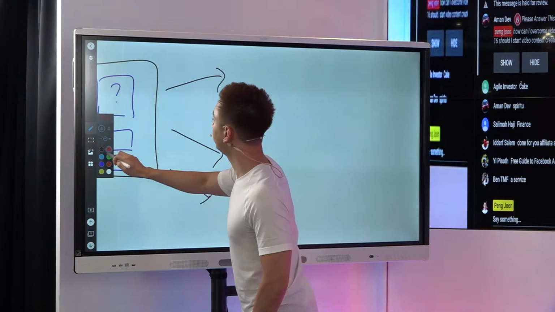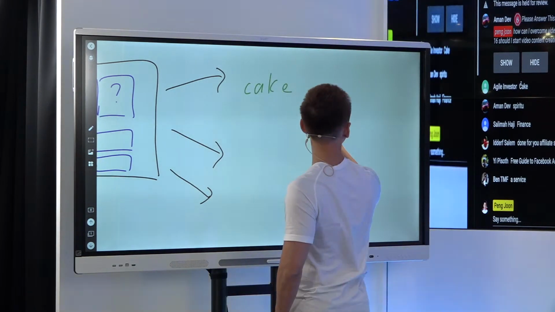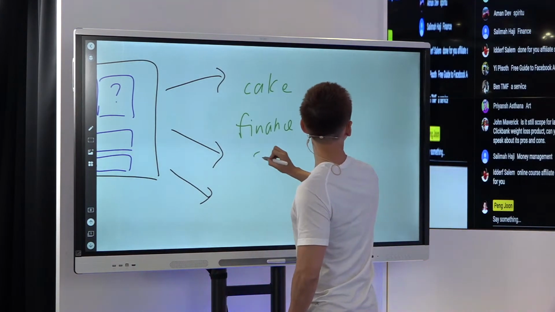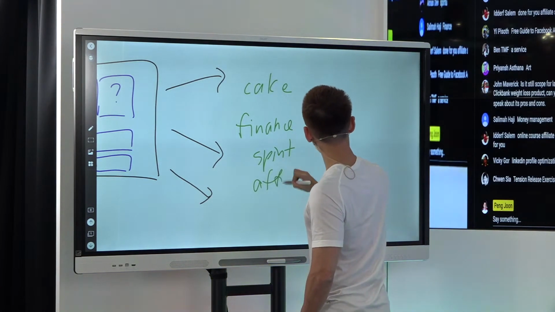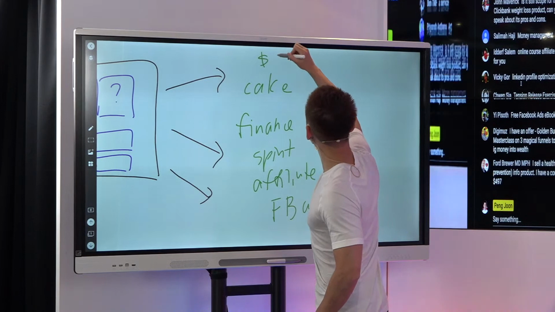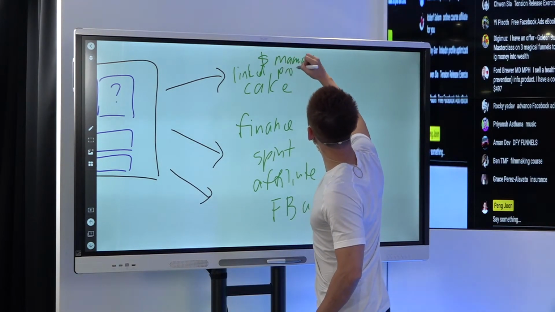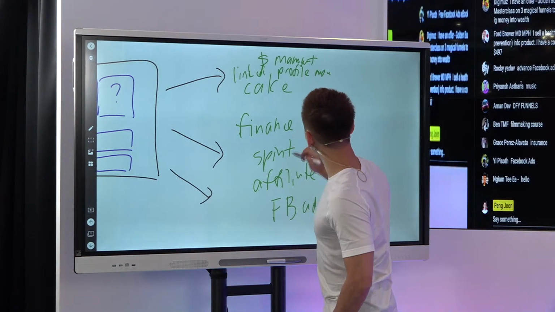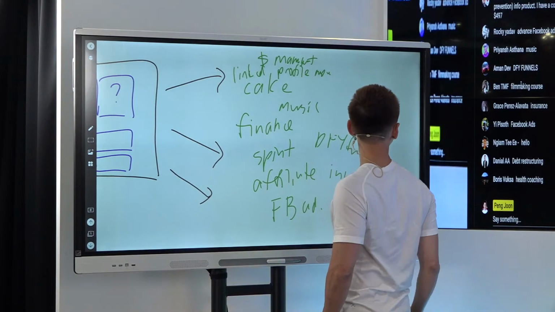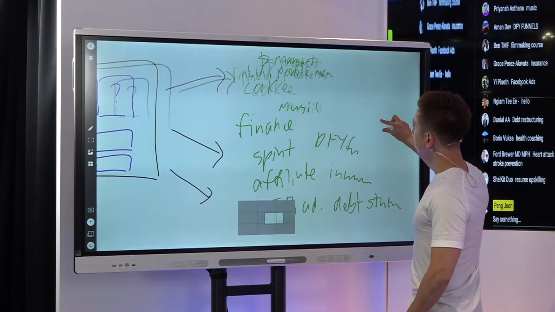Okay, so okay, let me just write down a few different examples again. Okay, so Agile Investors says cake decorating, finance, spirituality, affiliate marketing, right? Facebook ads, right? Money management, right? LinkedIn profile management. I love that. Right? Done for music, done for you funnels, okay? Insurance, okay? Debt restructuring. Okay, good. I think we have more than enough to go with. Okay, so